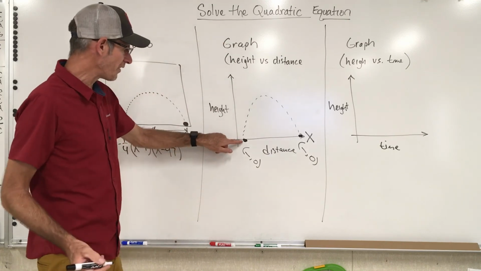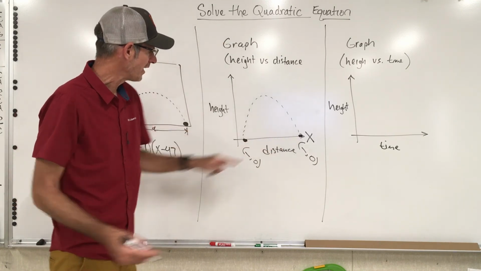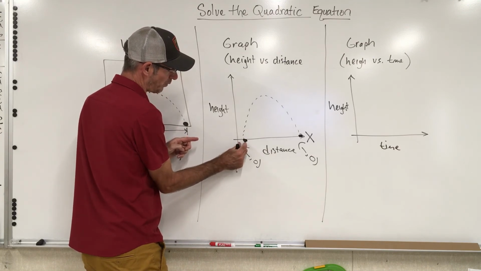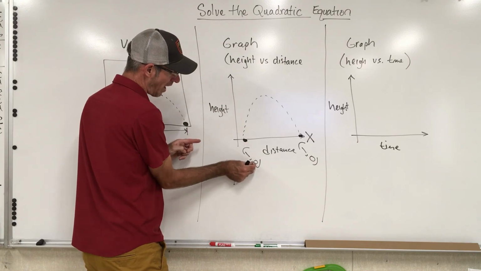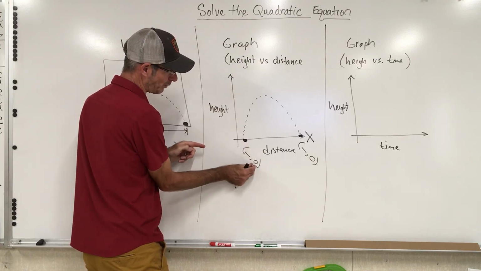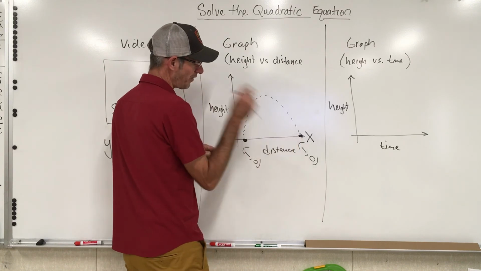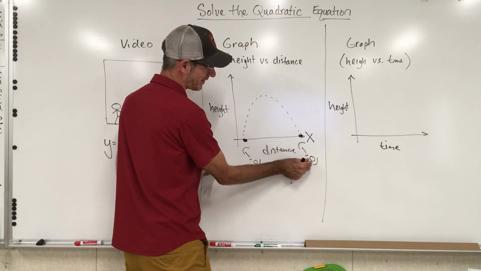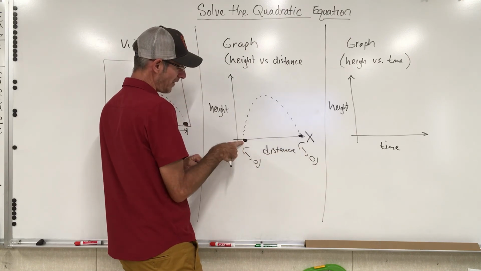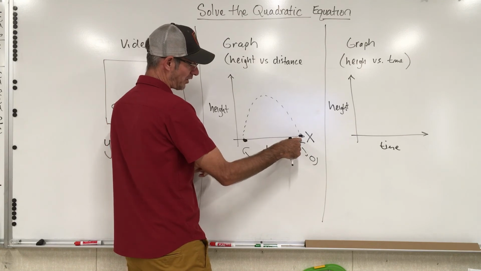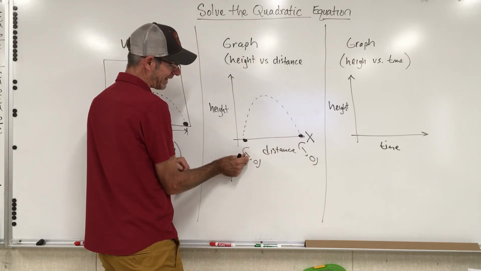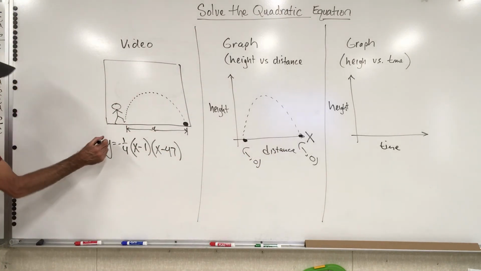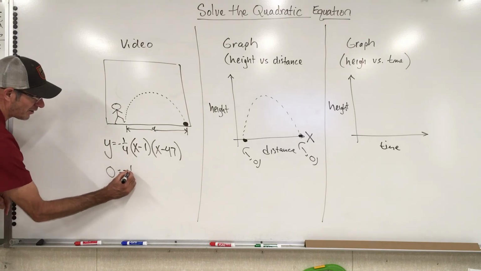What we need to know is where did the ball take off from and where did the ball land? This point right here, this is the x. How far is it from the origin where it was kicked, where it took off? And this is y. How high is it? Well, when it was kicked, its height was 0. Here, this is where the ball lands. So this is how far it is from the origin when it lands, and this is its height 0. So when it took off, its height is 0. When it lands, its height is 0. We want to know what's the difference in distance from where it took off to where it lands. So if we can solve this problem where y equals 0 because the height is 0,